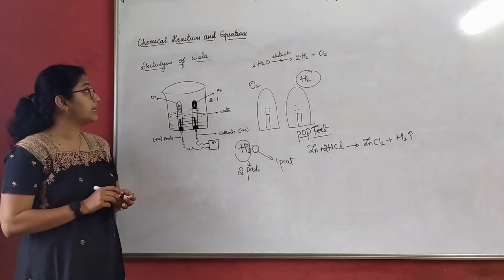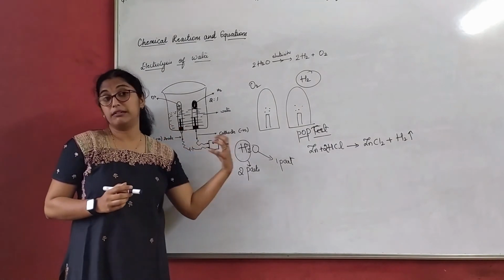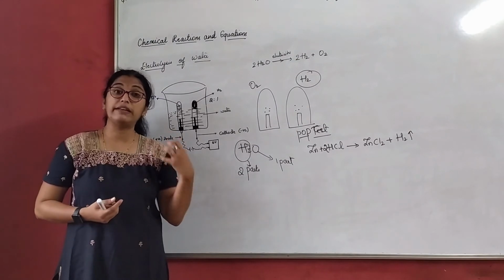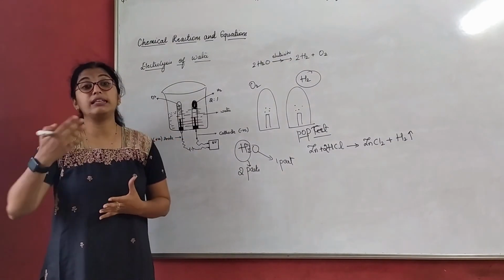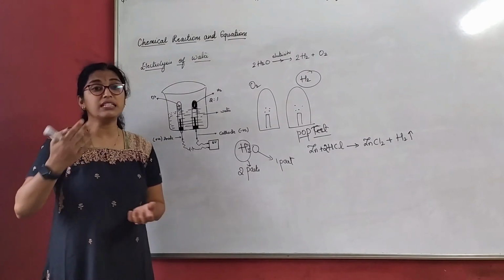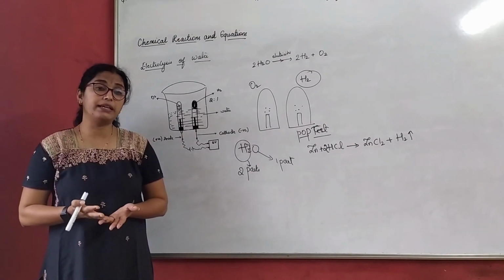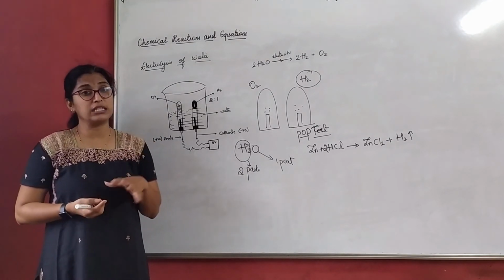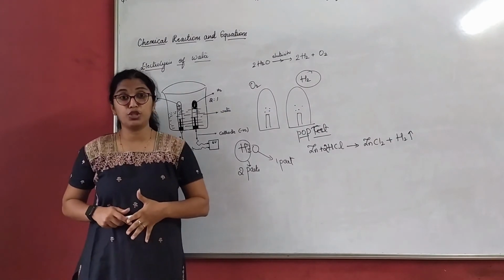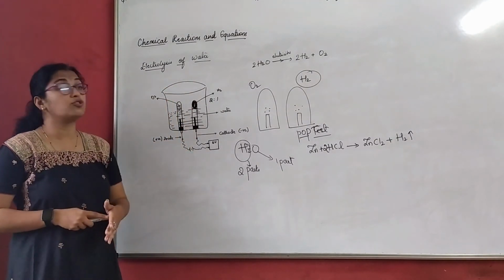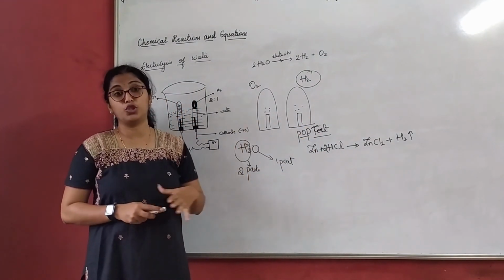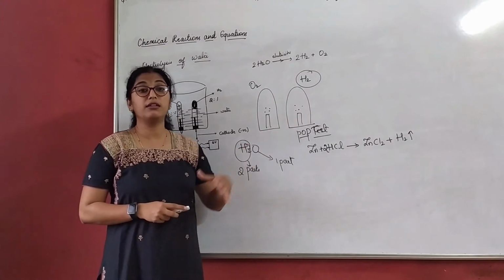So in today's class we completed the last reaction, that is the double displacement reaction. We understood the reactions involving energy, that is, when it releases energy and when it absorbs energy. Releasing energy is called an exothermic reaction. Absorbing energy is called an endothermic reaction. We also understood what is electrolytic decomposition of water through an experiment, electrolysis of water. We also understood how to test the presence of hydrogen in the given solution by a method called the pop test.